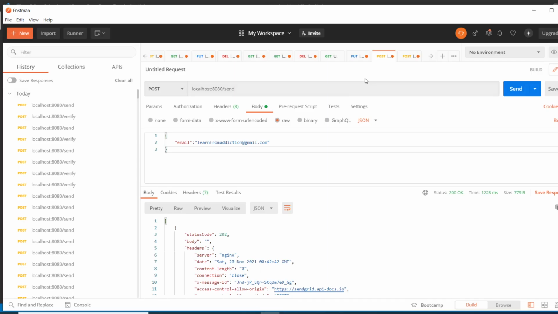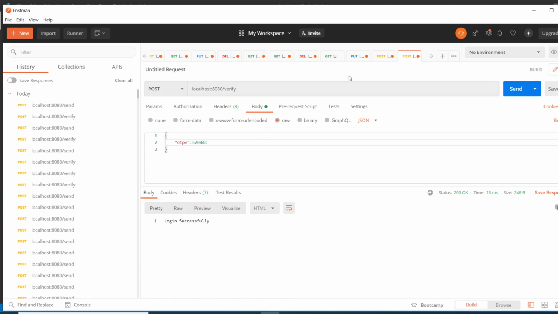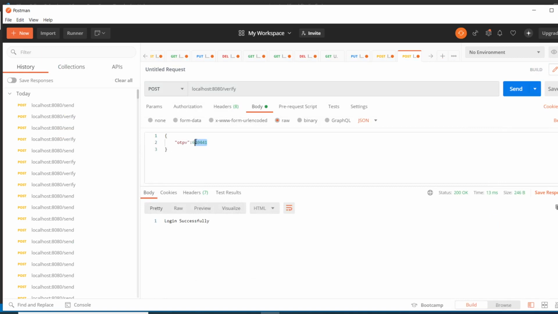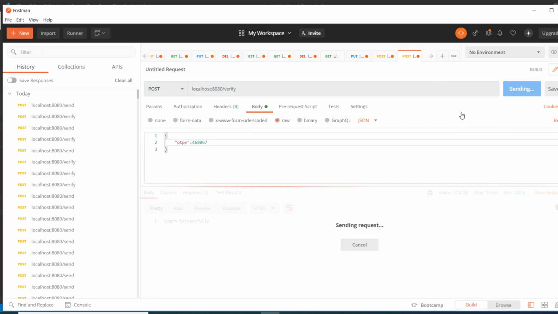Let me verify as well. If I copy this OTP from here and put it here, and if I click send, it says login successfully. What if I try to manipulate this OTP by writing another number?